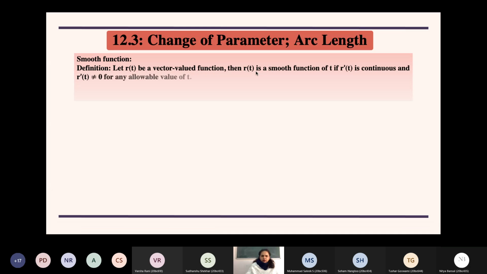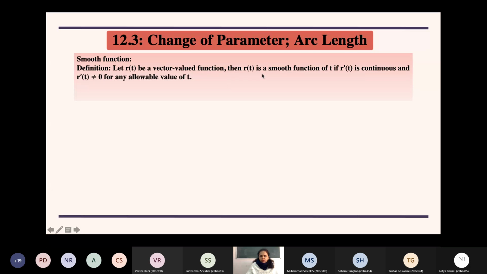syllabus which we have done, if you have a parametric representation of a curve, okay, so we did arc length for normal Cartesian representation, and we also did it for the parametric representation in the integration chapter. So we are going to use the same notation here as well. So if you have a vector valued function, then firstly we define a smooth function. Okay, so we say it is smooth.